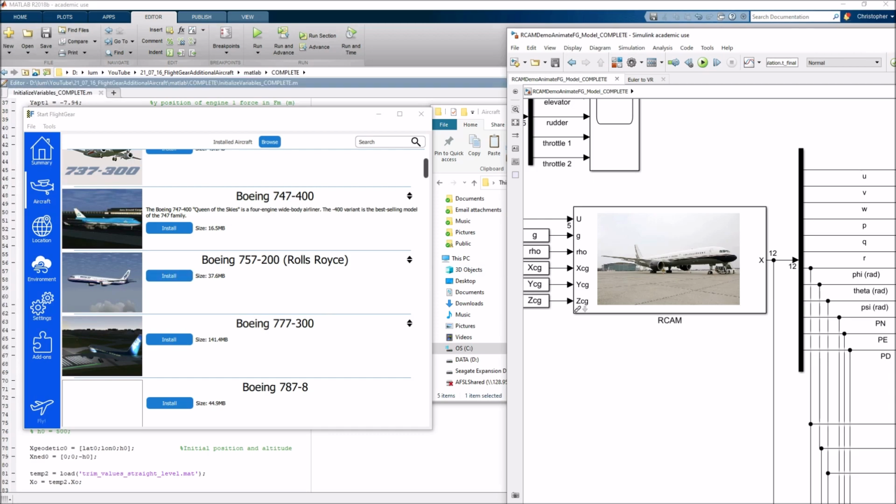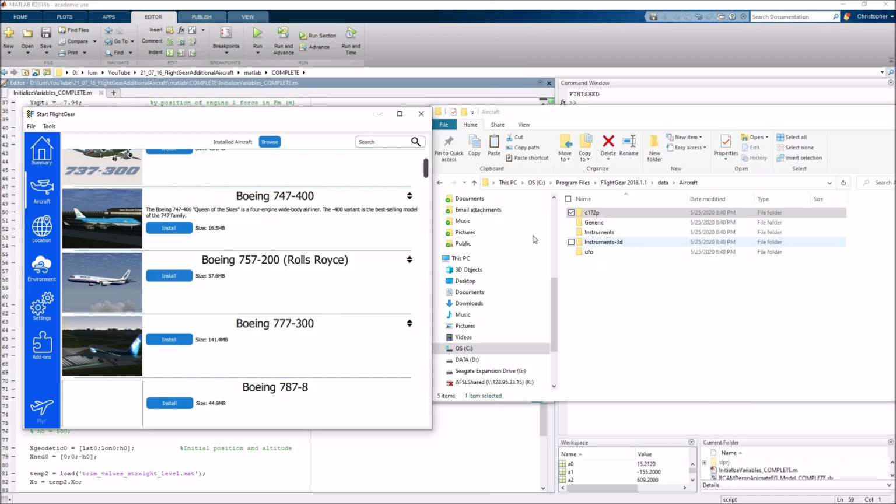So to get this, I'm going to click on this install button. And you can see it's downloading, but what's interesting is notice that there's nothing showing up here. It's not actually downloading to C program files, FlightGear, data, aircraft, right? So instead, we've got to go find out where this is downloading to. Let's give this a second to finish, and I'll show you where FlightGear actually decides to